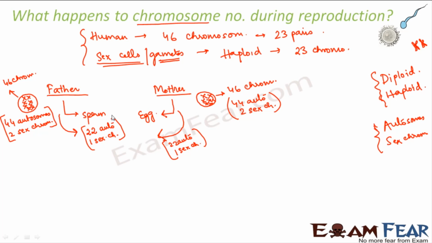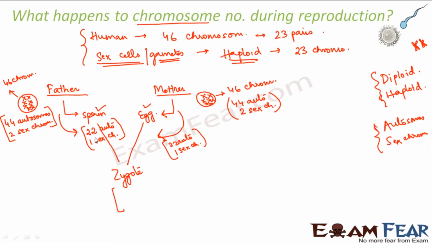So what does the sperm consist of? The sperm consists of 22 autosomes and 1 sex chromosome. Right? The sperm is nothing but the carrier. That is why we say that sperm is a haploid, because haploid cells have half the total number of chromosomes present in all other cells of the body. So sperm has a total of 23 chromosomes. Similarly, the egg has a total of 23 chromosomes, and that is why egg and sperm are haploid. Now this sperm and egg will combine together and form the zygote, right? Now, what will the zygote consist of?